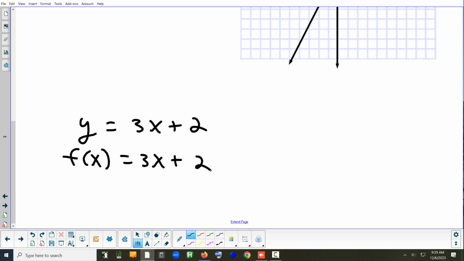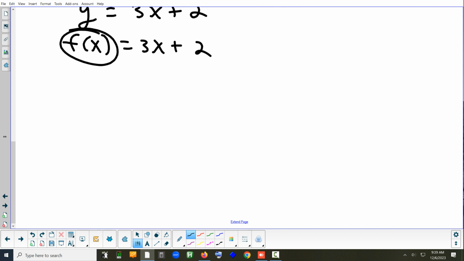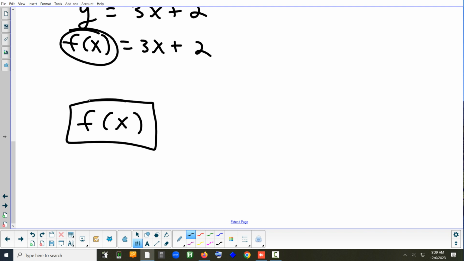It's just a different way to write an equation where we change the y to this symbol, f of x. So this represents what letter again? The thing that I just circled? The y. The y, right? F of x takes the place of the y. So is that the equation we're going to be solving? No, that's just one I made up. So this whole thing